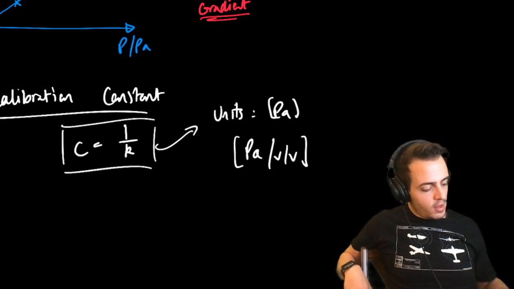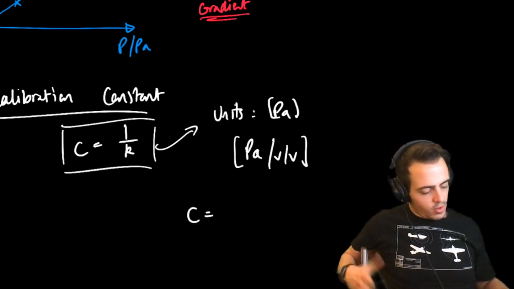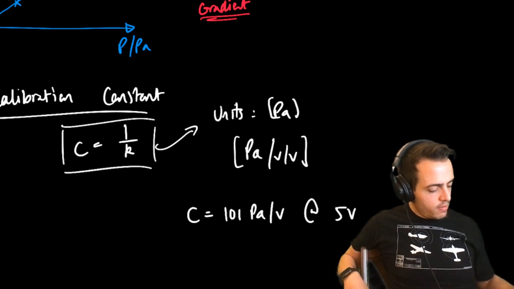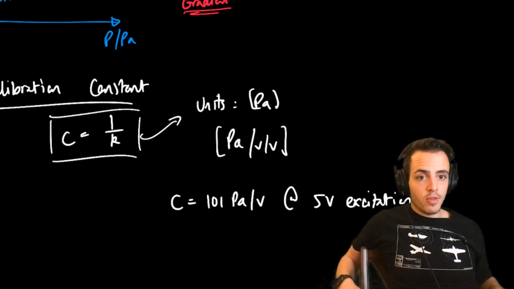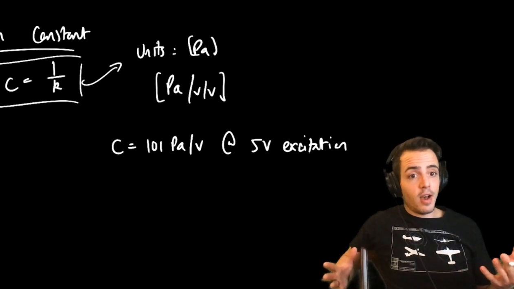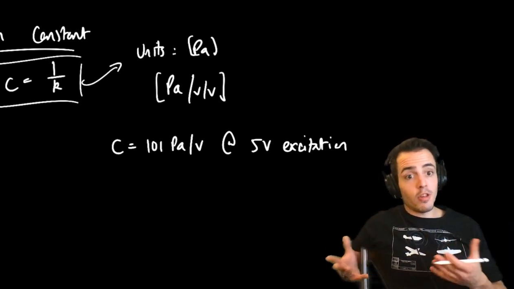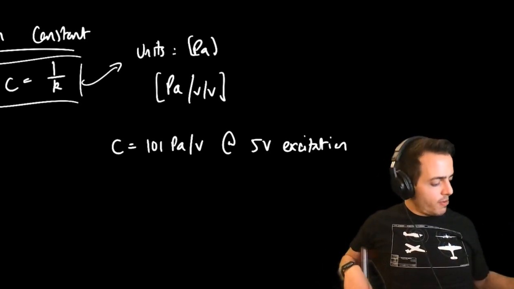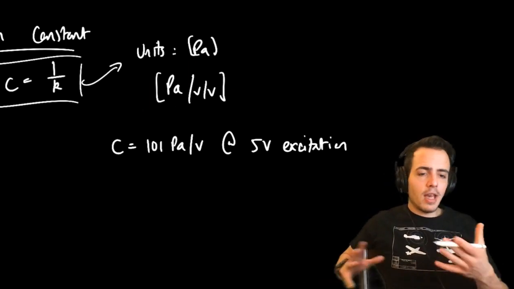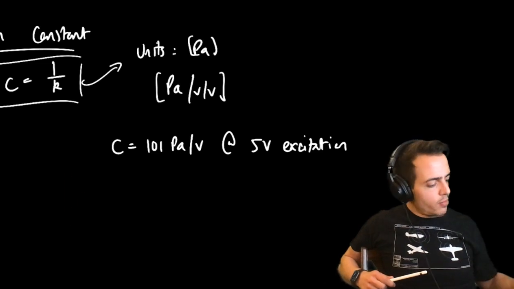Sometimes what you'll see being written, you'll say that C is equal to, say, 101 pascals per volt at 5 volt excitation. Now that's very similar. That's what you'll often see provided on calibration certificates. They specify the calibration voltage at which you've performed it. Now, I prefer to use this method here, and I prefer to present non-dimensional calibration coefficients, because